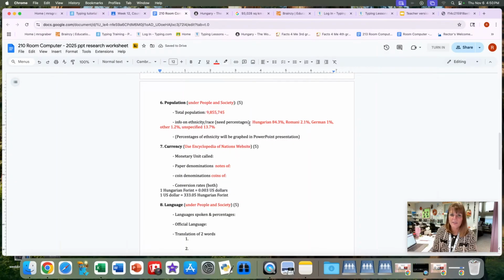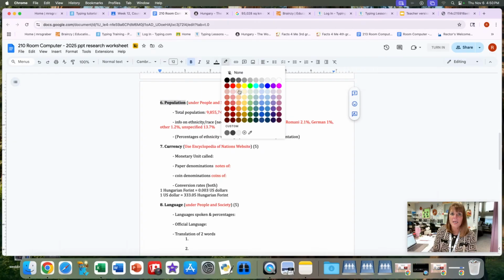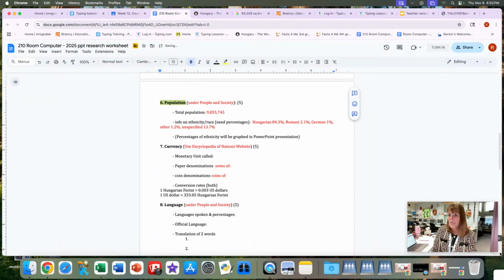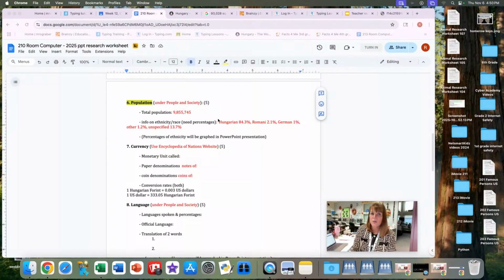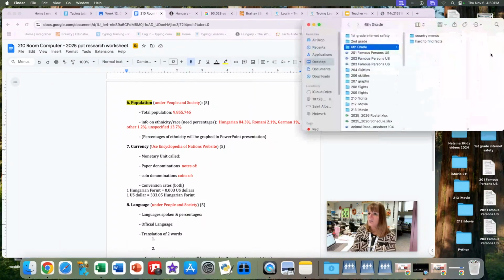It must have had it defaulted like that. This slide is done. I'm going to highlight it and mark it as yellow because the slide is done. Now, if by chance the website that you're on doesn't have percentages, that 6th grade folder that I had you drag from the handout folder